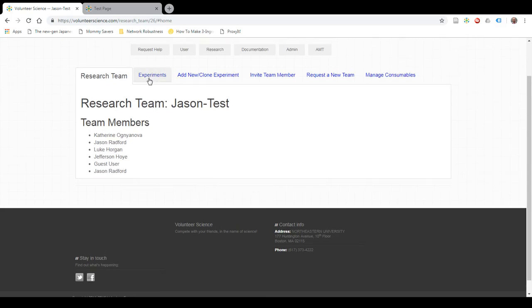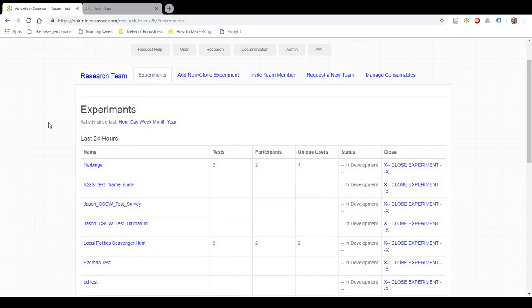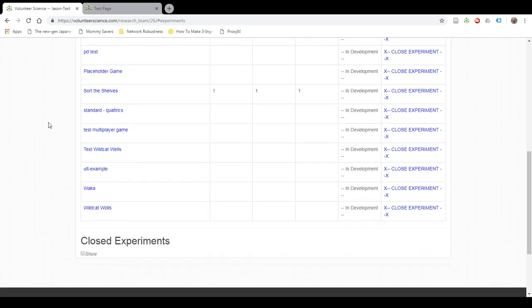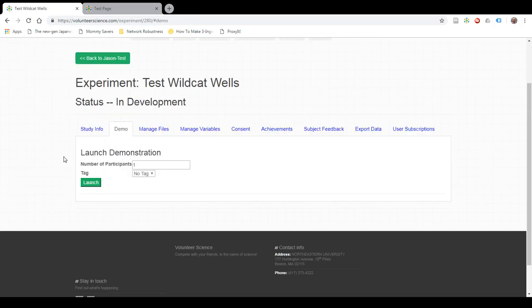I've created my experiment, I posted it online, I got my subjects, they all participated, and now I need to get my data out. So go to the experiment where the data lives, and in this case I have some data in this Wildcat Wells game that I'll show you how to get out. Here's the experiment. You go to whatever your experiment is, and when we go to this export data section,